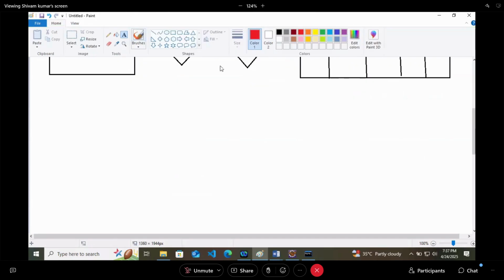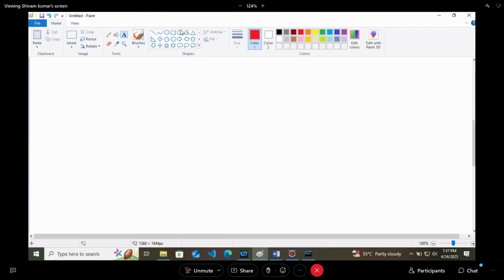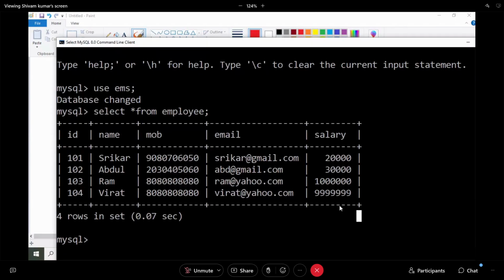So I'm writing that operation here. Space is not there at the top. So this database will prepare rows here, rows of all the employees.